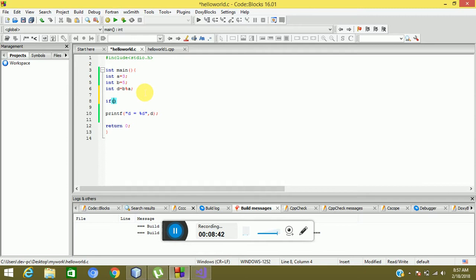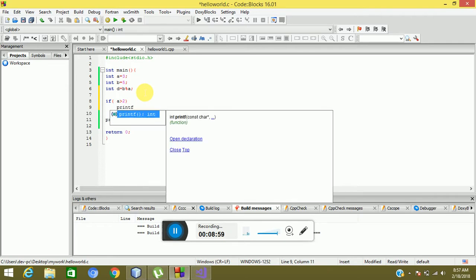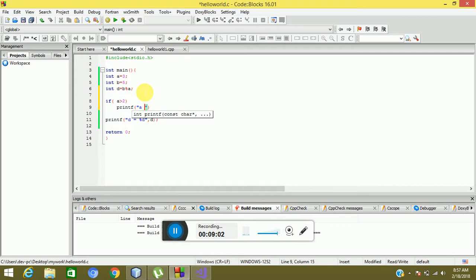If is the keyword that is used in C to have some condition. Let me put a condition on A, that if A is greater than some value like 2, then print some message, like "A is greater than 2", else... let me copy this code,